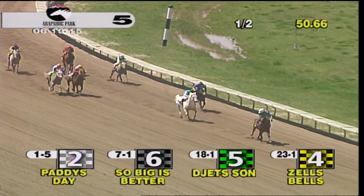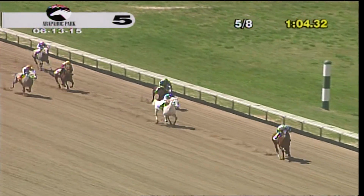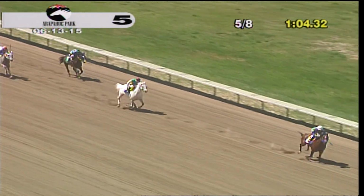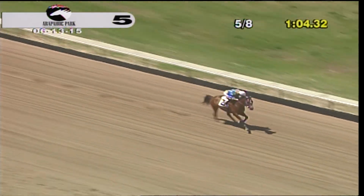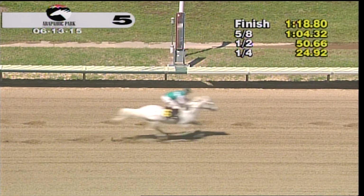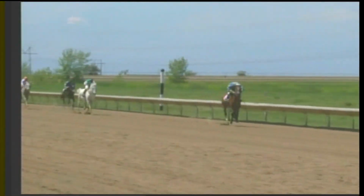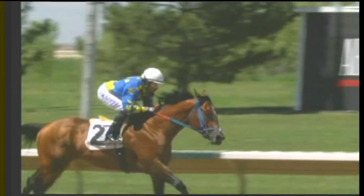final furlong, 4 lengths in front of So Big Is Better, trying hard in 2nd place, and then comes the Jet Sun. But this is Paddy's Day's race, and he's pouring it on inside the final 100 yards. Back to Colorado where he made his debut, and now he's a true Arabian star. Carlo Lopez looks over the shoulder, couldn't have won it easier on Paddy's Day over So Big Is Better. RB Rich ran on for 3rd. Entering the home stretch, Paddy's Day actually had his head cocked sideways, looking to the crowd and toying with the